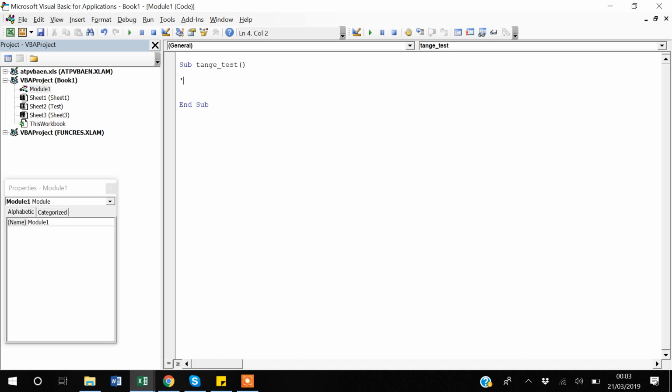So I will type this apostrophe, and then you can comment whatever you want. So I will be saying I am explaining the range function. The important thing about comments is that suppose you work on the same macro or a module